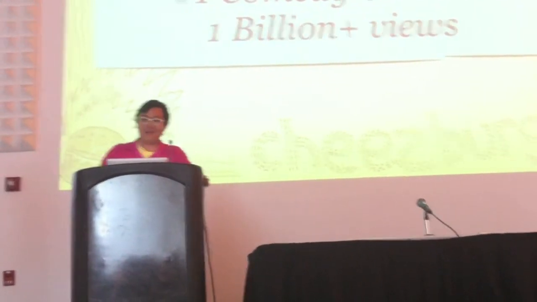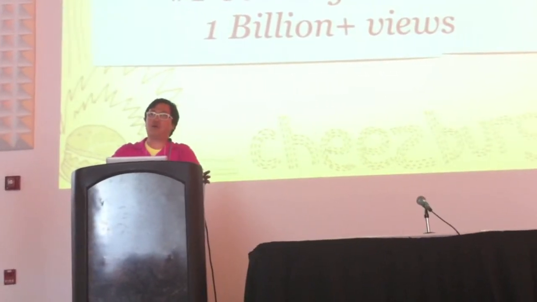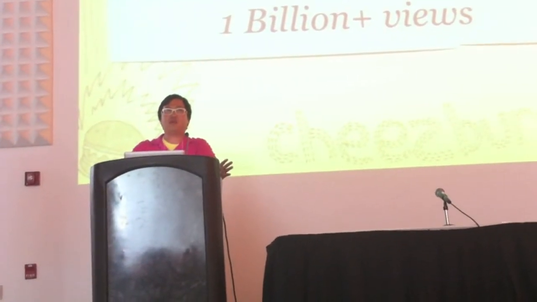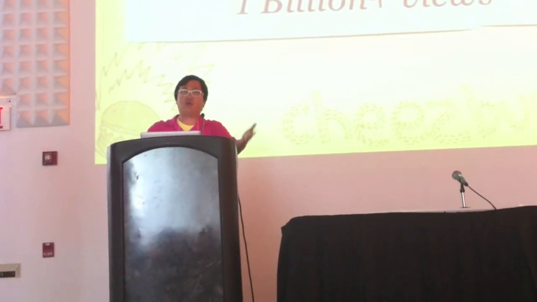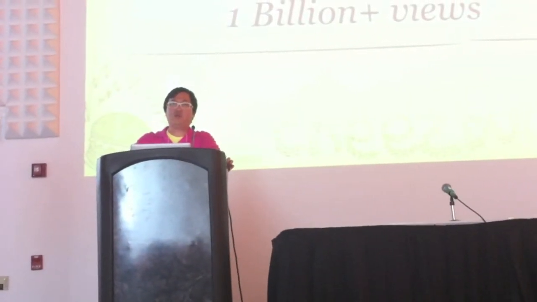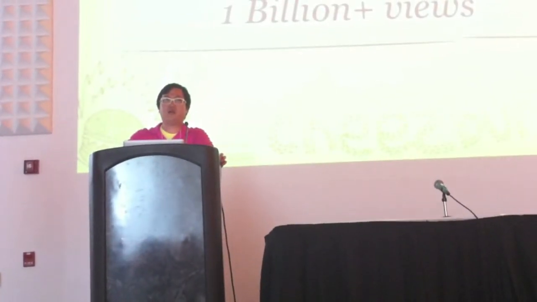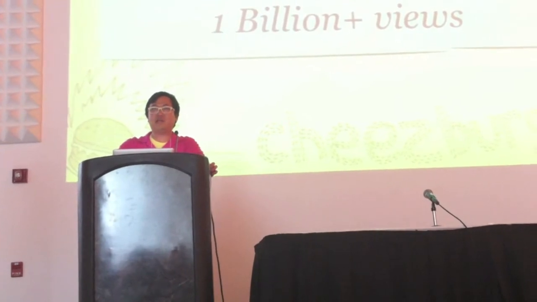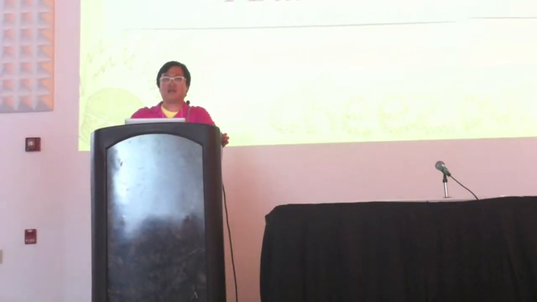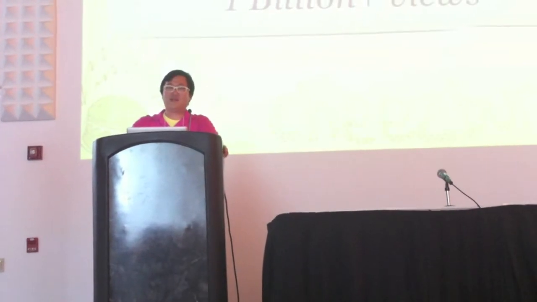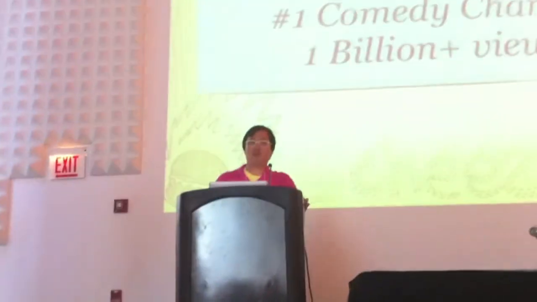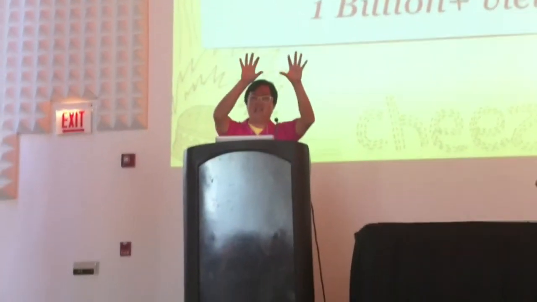So these simple things have really helped Failblog grow to be one of the largest blogs on the internet, period. In fact, if you're familiar with WordPress.com, we run the Cheezburger network on all of our sites. We run almost entirely on WordPress.com for our publishing side. We account for 12% of all WordPress.com traffic. Yeah, that's a staggering number. It's us and CNN. Like, I kid you not, there's a metric dashboard if you go to WordPress, and they're like, who's the biggest WordPress account holder? It's the Cheezburger network and CNN.